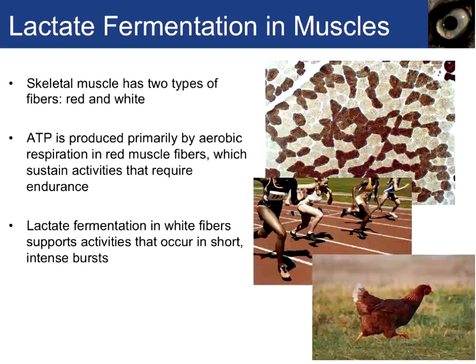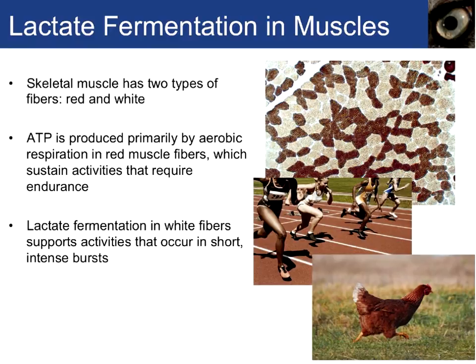So skeletal muscle has 2 types of fibers, red and white. ATP is produced primarily by aerobic respiration in red muscle fibers, which sustain activities that require endurance. The red appearance, which causes the dark meat that you eat on Thanksgiving, is from myoglobin. This is a protein that's similar to hemoglobin in your red blood cells, but instead myoglobin concentrates oxygen in the red muscle fibers